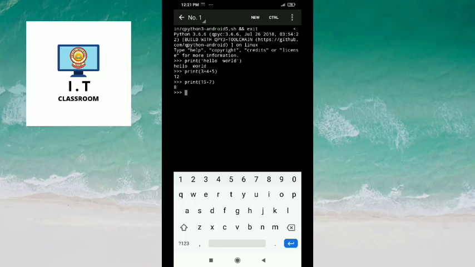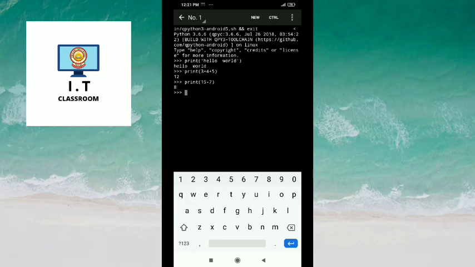Now I am telling you about another command. By using this command you can tell the data type of a number, and it can be obtained by using the type function.